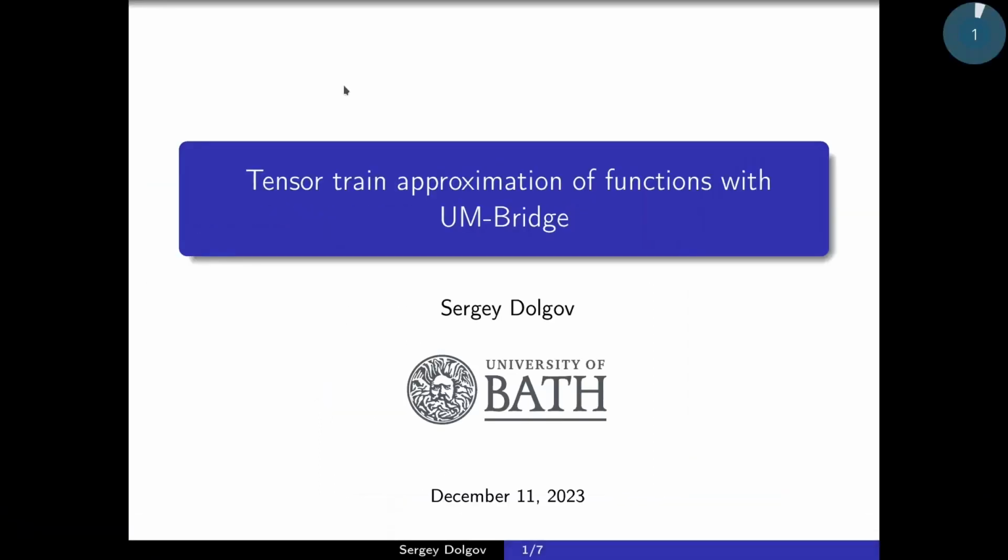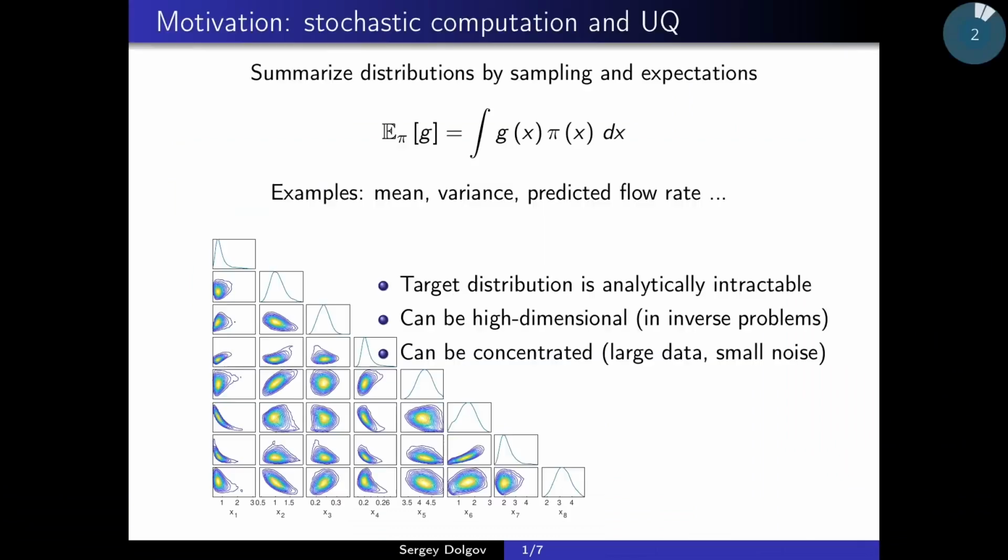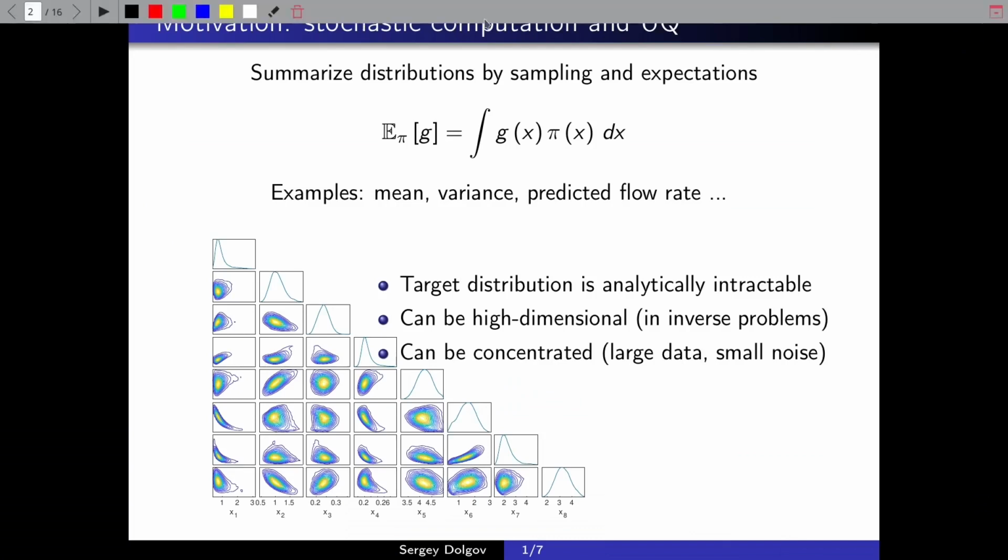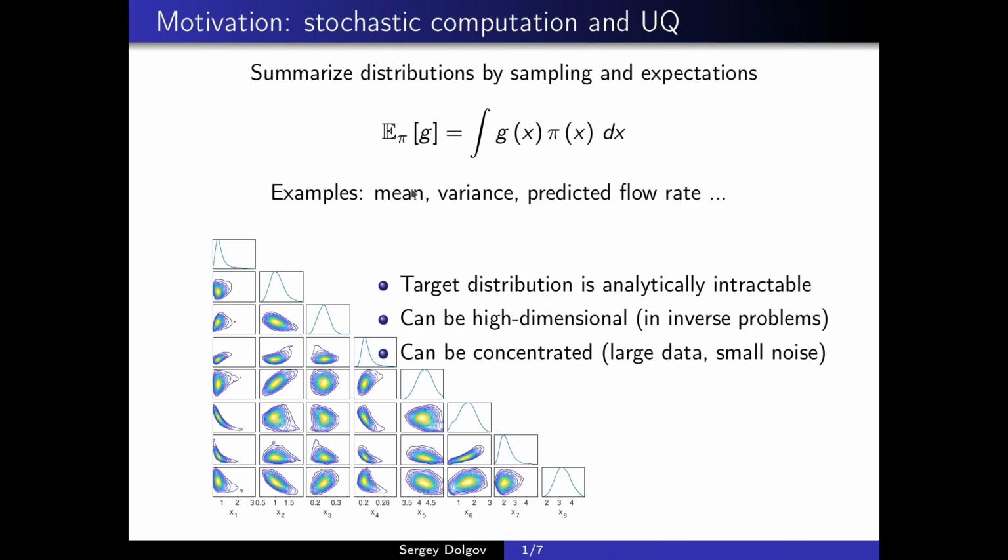So I will introduce what is tensor train decomposition, specifically how we can use it to approximate functions. And of course, we mainly mean functions in computational statistics and uncertainty quantification here. And the main problem there looks really innocent, just computing the integrals. If you want to compute normalizing constants, expectations, even computing samples, some more advanced derived quantities can be brought down